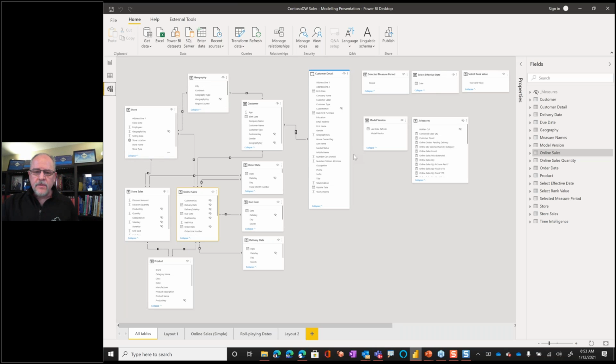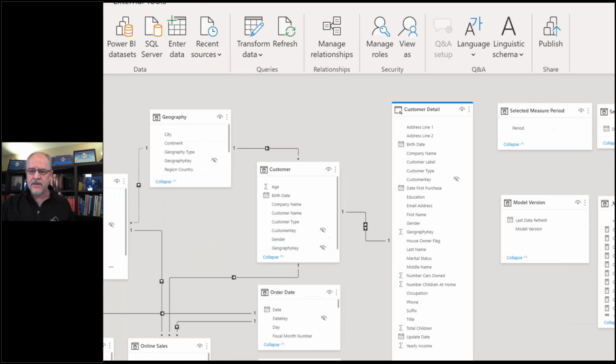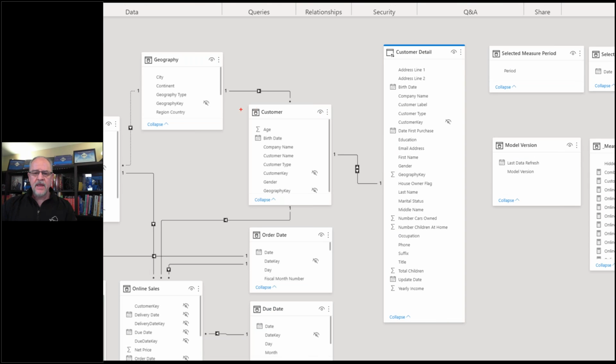I have two versions of my customer table in this model. One is a summarized customer table. This is import mode. Here in the new model diagrammer, you can see that there is no colored bar at the top of this table, which tells me that it's an in-memory import table.